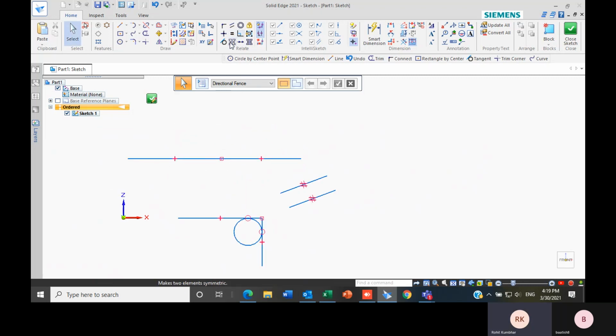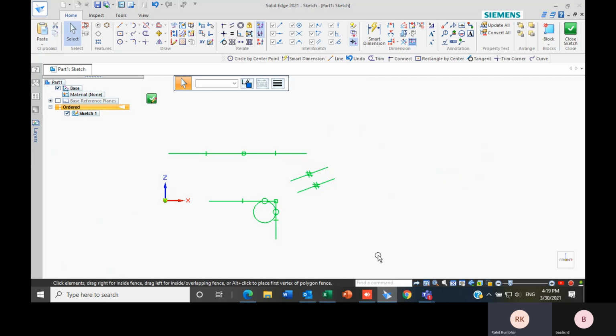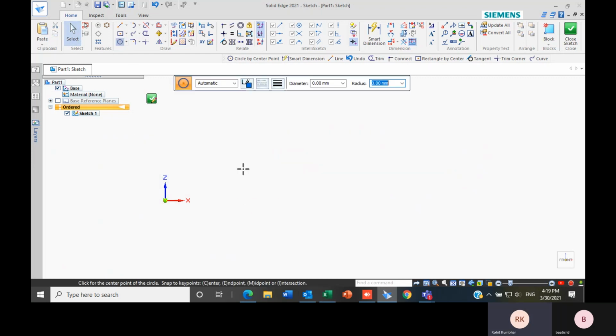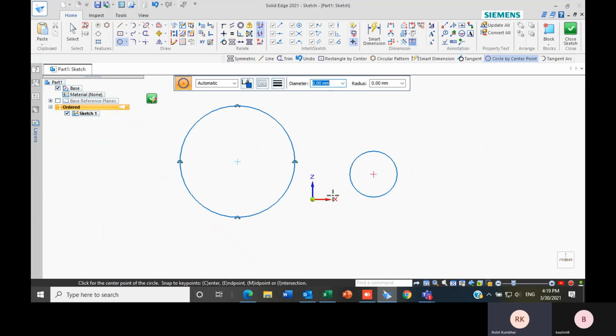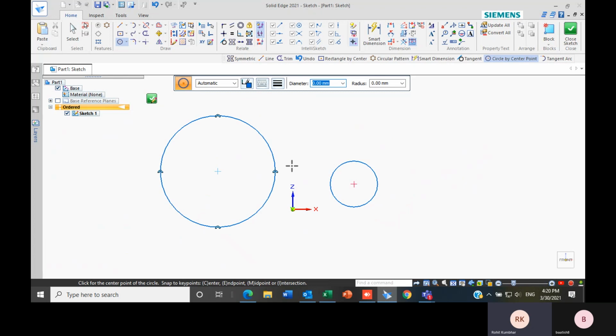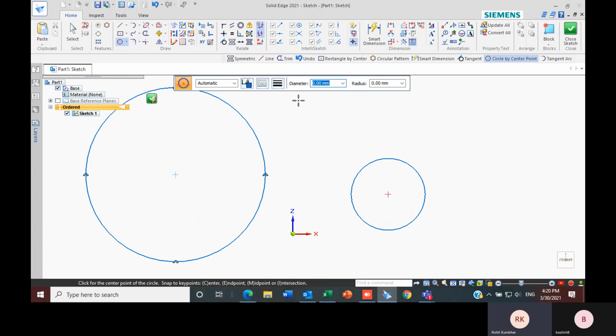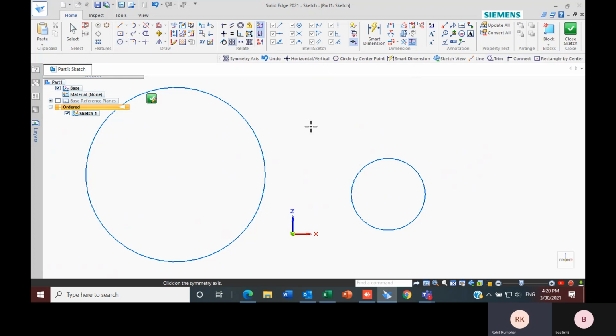Our next option is symmetric. Let's say this is my first circle and this is my second circle. I want these two circles to be symmetric. Let's say I select this option.